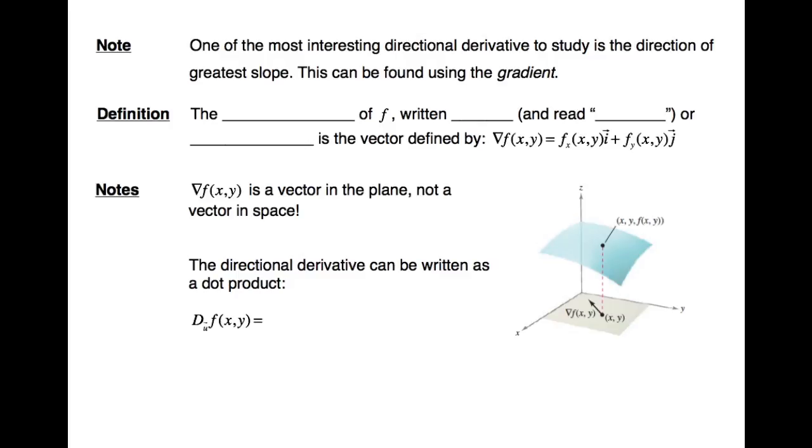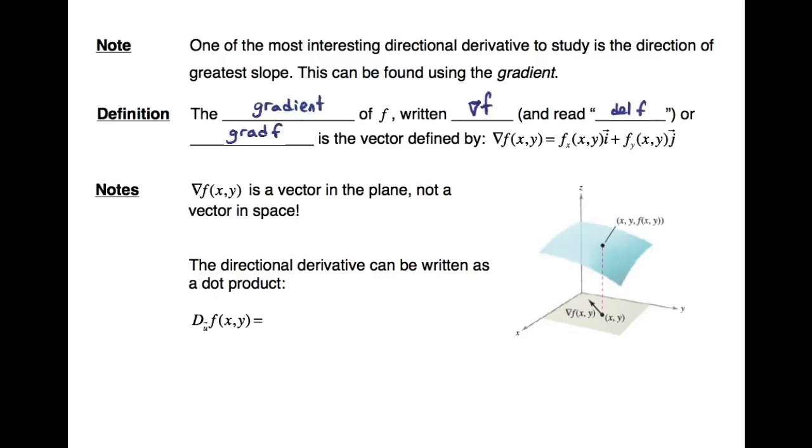Welcome back. In this second part of the screencast, we will be talking about the gradient. One of the most interesting directional derivatives to study is the direction of greatest slope. This can be found using the gradient. The gradient of f, written del f, and read "del f" or written grad f, is the vector defined by